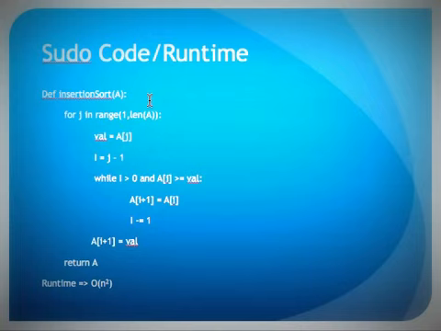So as you saw, the way I was stepping through the card example, we'll define insertion sort. We'll loop over every element in the array A, right? So let's set this value to be equal to whatever current position we're at. Then we make the first pointer equal to the card to the left of it, right? And while this pointer is greater than 0, which means that it can't go beyond the first element of the array,